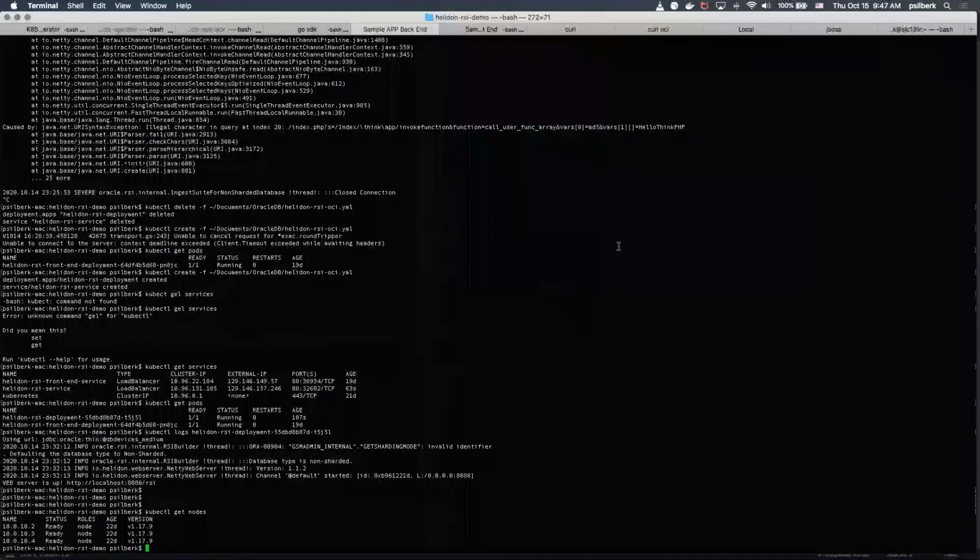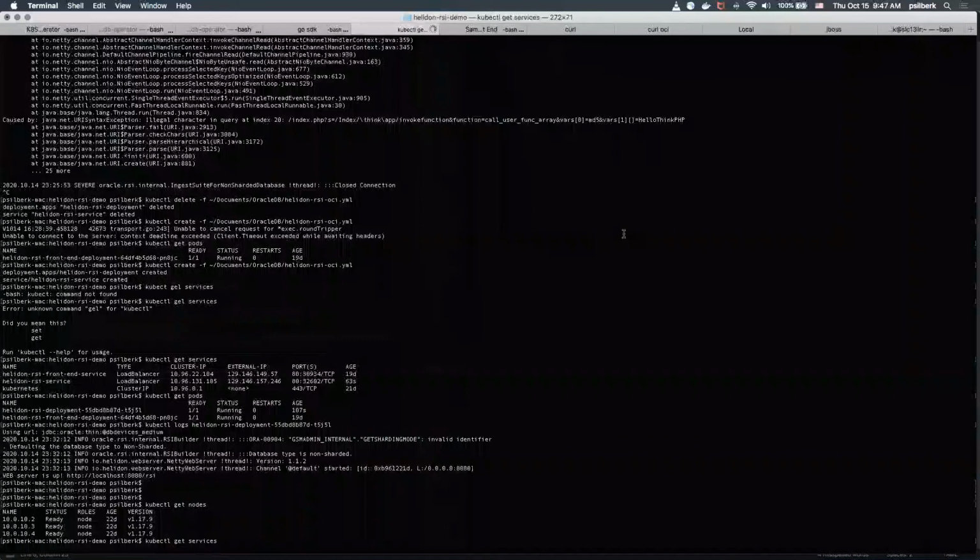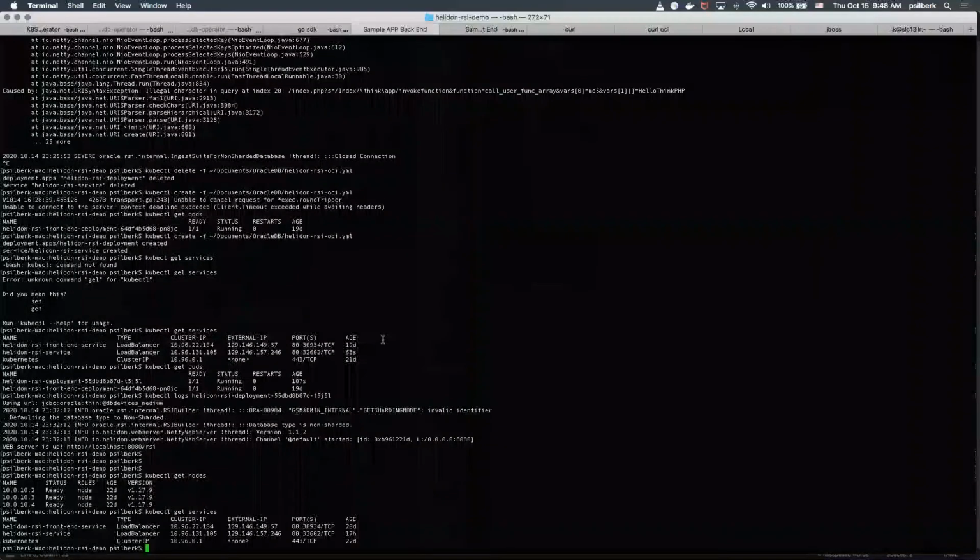So I deploy here, and it's very quick, but even so, I already did it before the demo. And then you can see the services, where we are going to check the external IP. So there is a load balancer that is listening on this port.